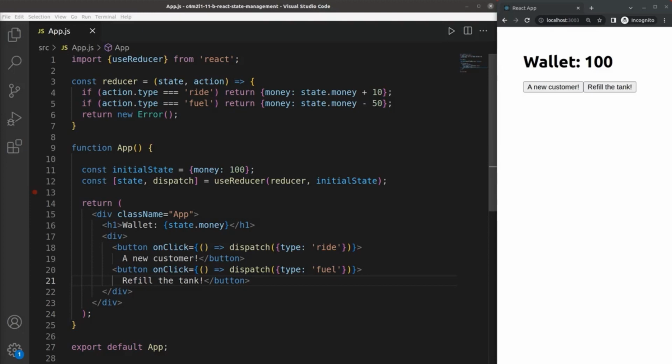The initial state is a value of 100, and the action of picking up a customer increases the value, while the action of refueling my vehicle decreases it. I've applied a reducer function, which takes in the state and the action. Instead of using setState like in the useState hook, I use the dispatch method of the useReducer hook, which accepts